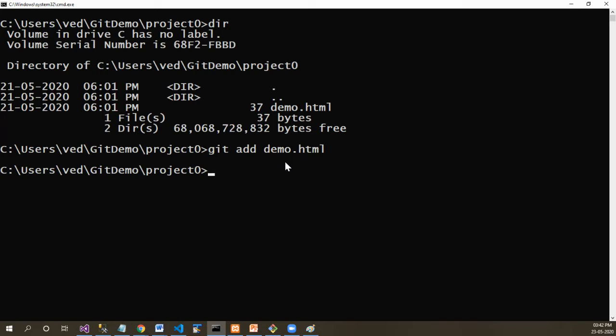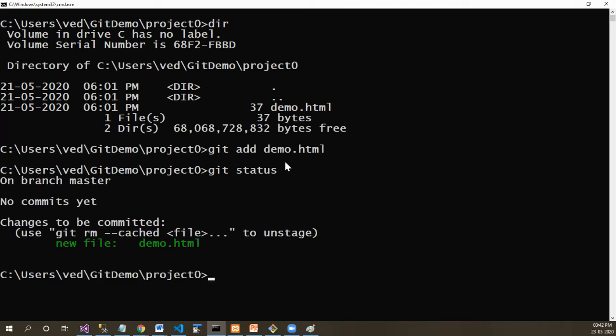After that, you need to commit these changes onto your local Git. So in order to commit these changes, first check the Git status by using the command git status, which tells you what is the current status of your Git. What it shows is new file demo.html, changes to be committed. Means you have added a new file named demo.html, but these changes are not yet committed, not yet saved to the local. You have just added the file but not saved to Git.